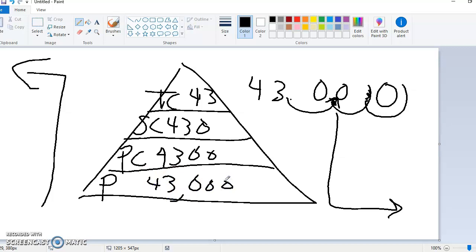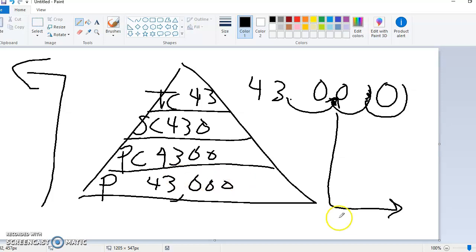See how the number is much smaller at the top of the pyramid and much bigger at the bottom of the pyramid? That's always going to be the trend. So if you get to a specific question where they're asking you what would be at the secondary consumer level, first you can weed out the other answers by saying, okay, this one's a bigger number, this one's a smaller number, and you can take those out.